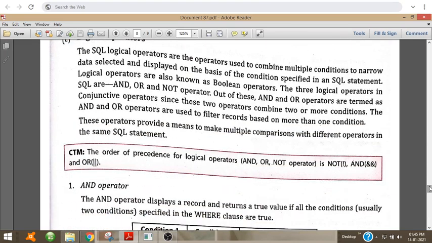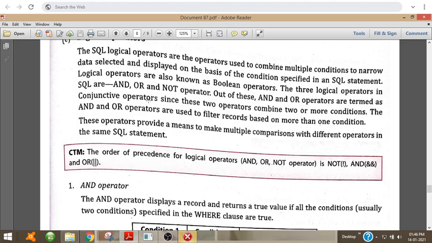Then the logical operators. Logical operators are the operators used to combine multiple conditions to narrow the data selected and displayed on the basis of the condition specified in an SQL statement. The different logical operators are and, or, and not.